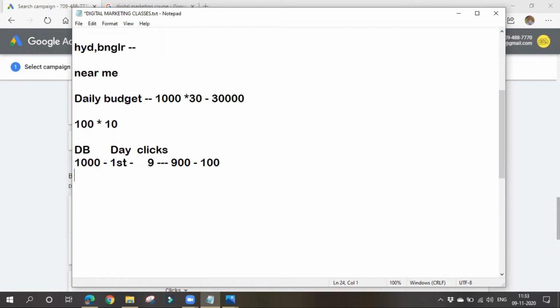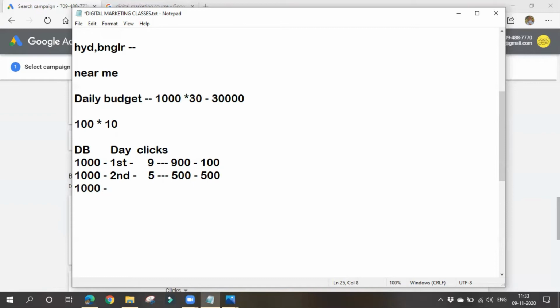Yes, ma'am. So on the second day also you are keeping your daily budget as 1,000 rupees. And again on the second day you got only 5 clicks. Now you spent 500 rupees and you are left with 500 rupees again. In total you saved 600 rupees in these 2 days. You didn't get many clicks these days, but on the third day, again you kept that I'll